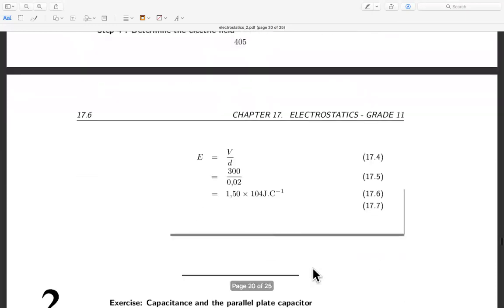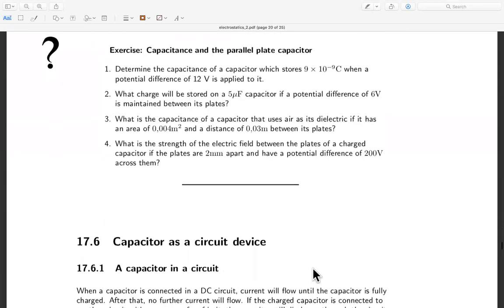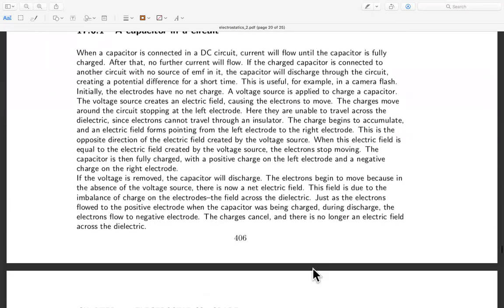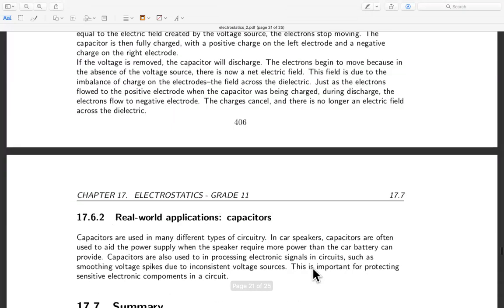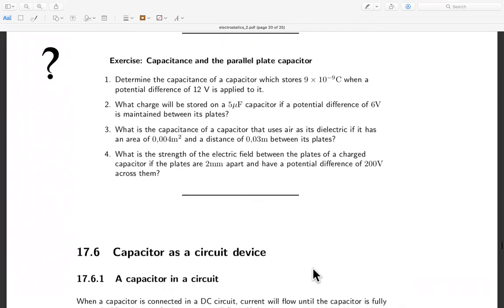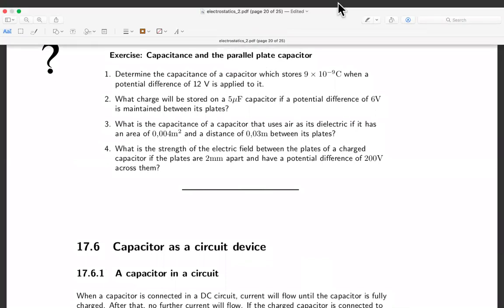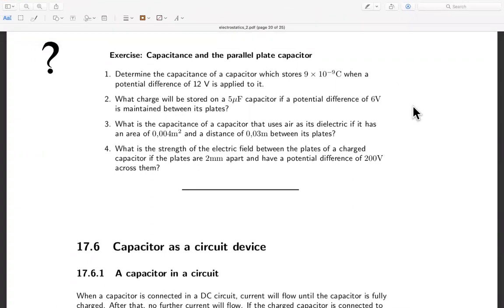Okay, now continue to the questions. We try to solve some questions here. We still have a couple of minutes, around 8 minutes. Okay, I will solve this. Number one,